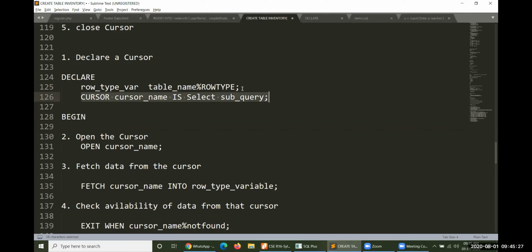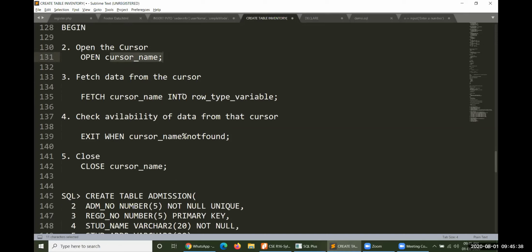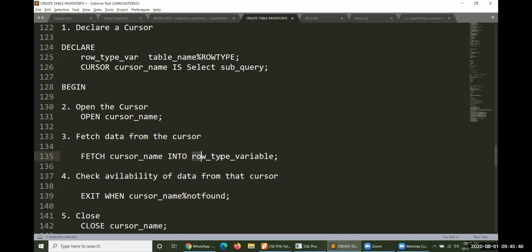Of course, before or after, you could have this statement also. After that, you have to open your cursor by using OPEN cursor_name. After that, fetch the data from the cursor by using FETCH cursor_name INTO the row type variable. Whatever row type variable you defined just before will be used for fetching the data.